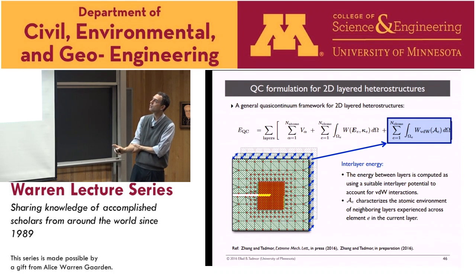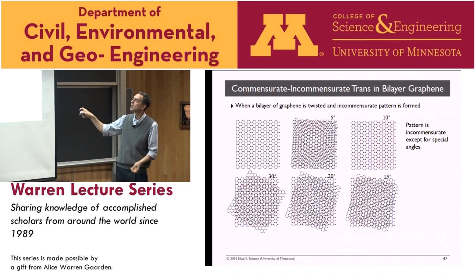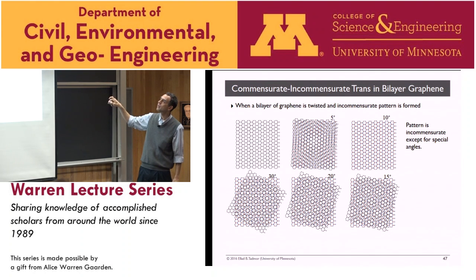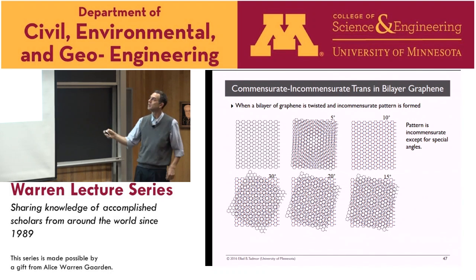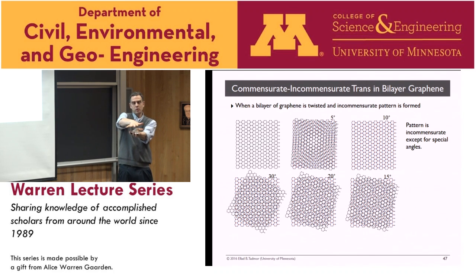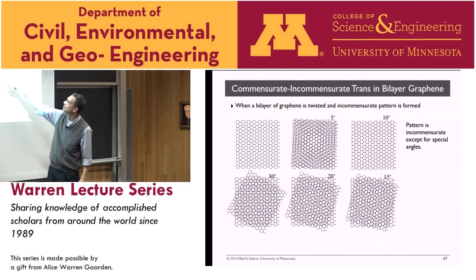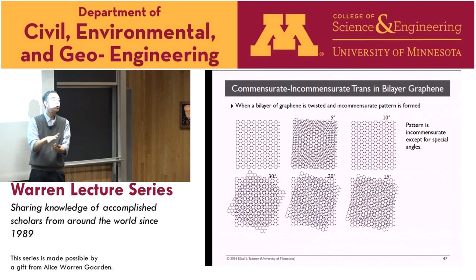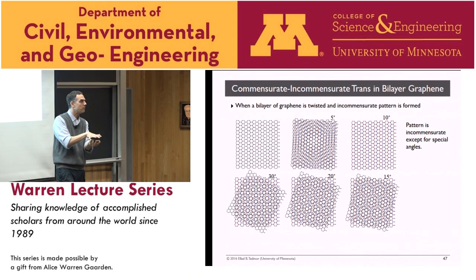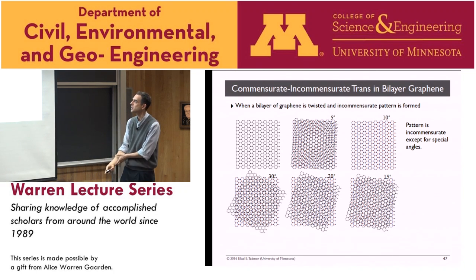I'll just show you the first, very preliminary results. If you put two layers of graphene on top of each other, and they're perfectly aligned, it looks like this. But if you rotate one of them on top of the other, you begin to get these patterns. You see that these patterns form. You can maybe pick them out here. These are moire patterns. When you have two organized structures rotated relative to each other, they create these long-range patterns. But the point is that in most places, they're incommensurate with each other. They don't fit anymore, which is part of the problem of modeling these systems.